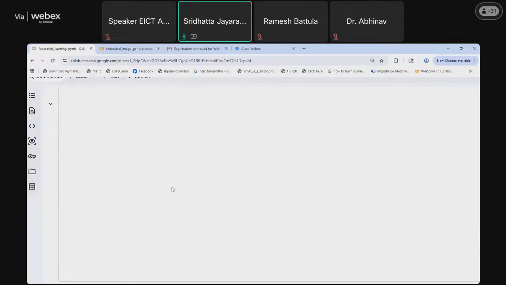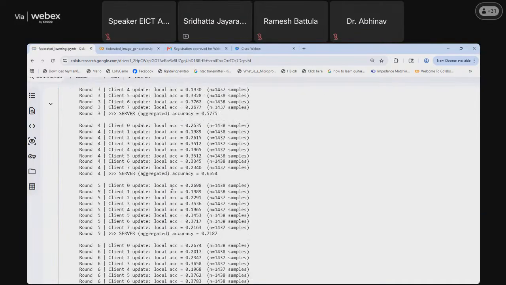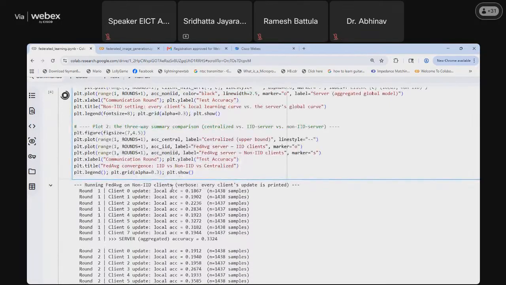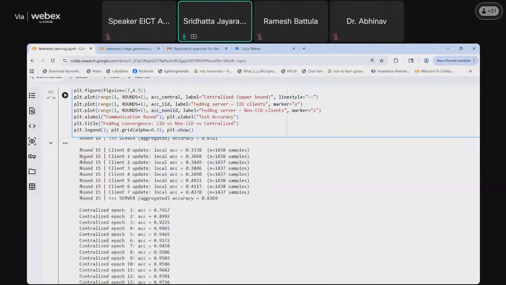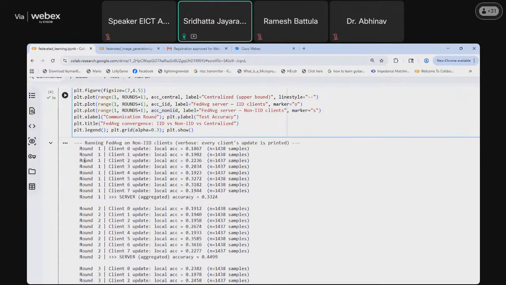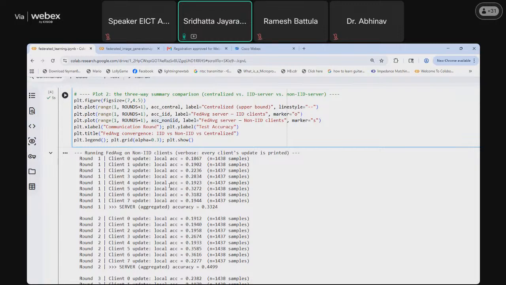We'll run this. For the non-IID data, the training begins with a local accuracy of 18% up to 31%, and the server accuracy was 33%.